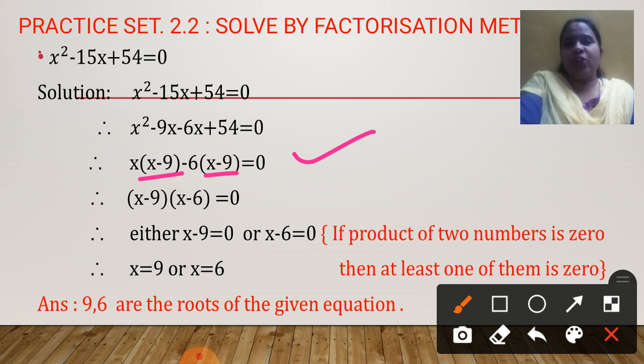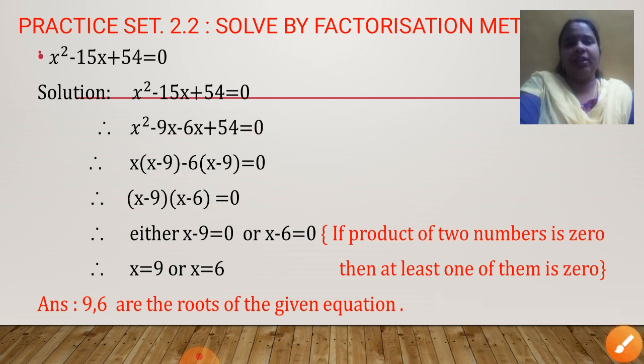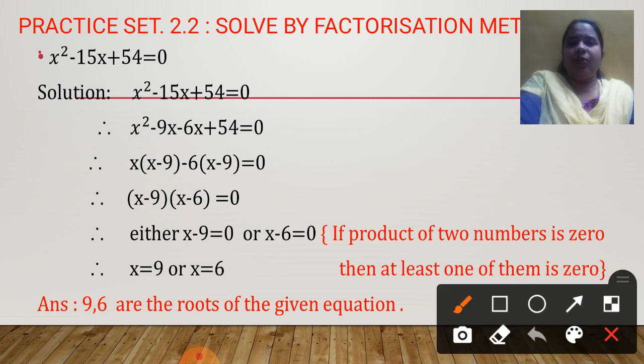Okay. So instead of writing it two times like this, I will write it as x minus 9, x minus 6 is equal to 0. Till here you have learned in 9th standard, where you are not equating it to 0, you are simply leaving this as a final answer. What additional step we have to learn here now? That you have to equate it to 0, and the property that will be used is this: if the product of two numbers is 0, at least one of them is 0.